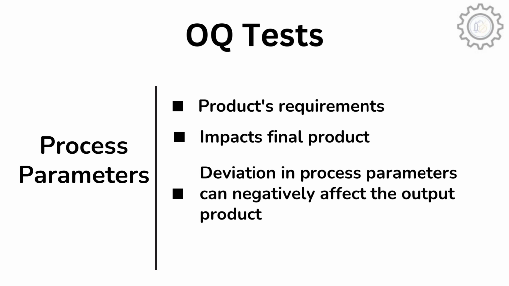Process parameters. Process parameters are the equipment's operating conditions that are applied during the production stage. Properties of the output product depend upon these values. If these values are correctly applied, the output product will be according to the standard specification. If there is a deviation in the process parameters during the production process, it will negatively affect the output product. The final product will not contain the desired properties or the product will be wasted. Some common examples of process parameters include temperature and pressure.